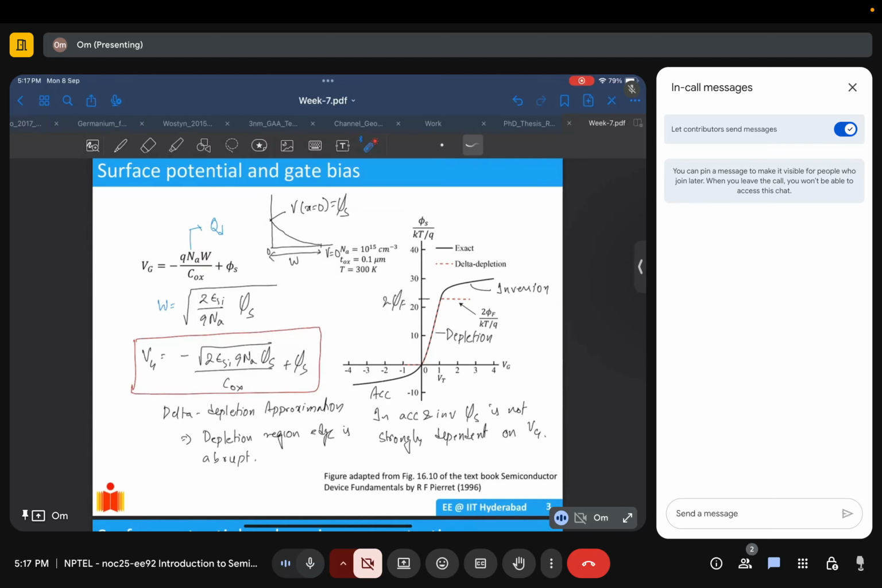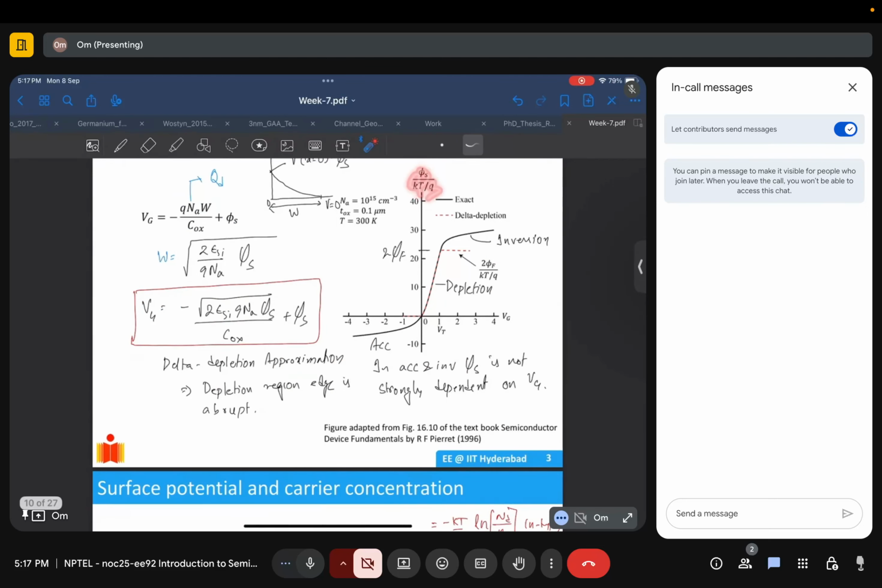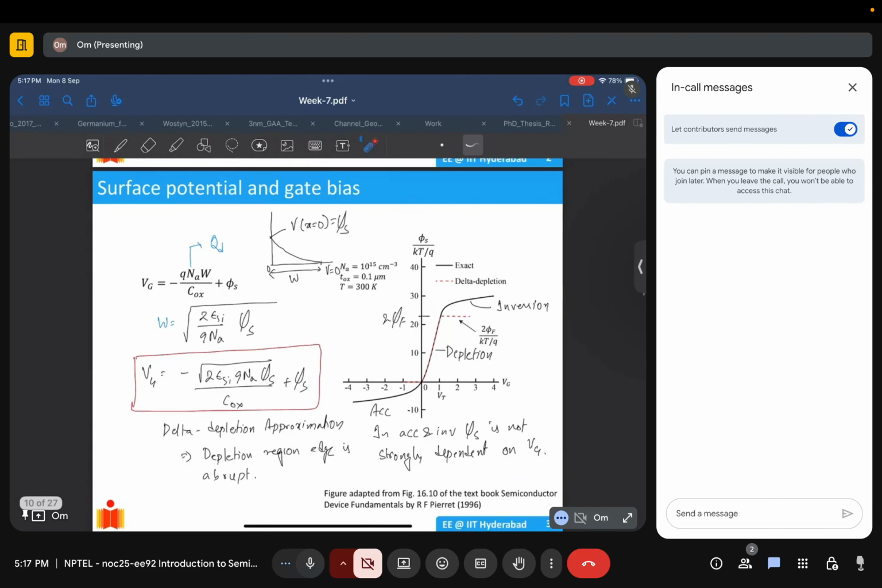So if you draw this psi s versus Vg, you get this kind of graph. So this Vg is for here, this relation is here, right? And here it saturates, here it also saturates. And why does it saturate? Because you see, once you are